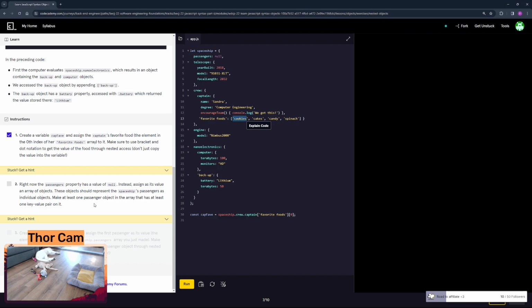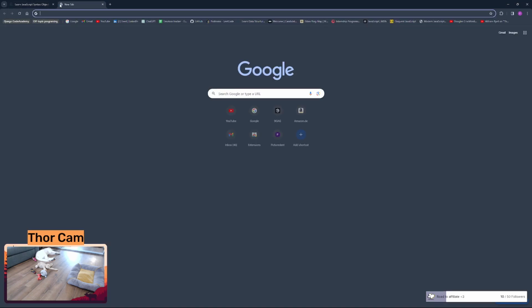And now we have to change the passenger property into an array of objects. And these objects should represent the spaceship passengers as individual objects. And we have to make at least one passenger object in the array that has at least one key value pair on it. So, before we do that,